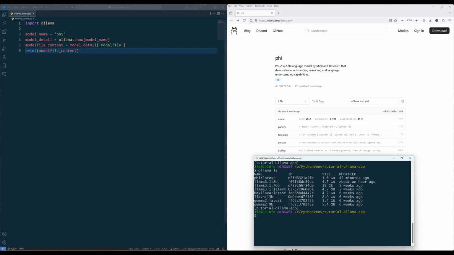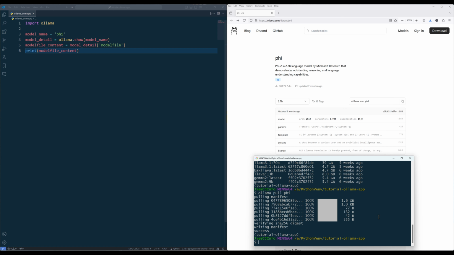Before diving into the tutorial, make sure you have both Ollama and Ollama Python package installed. For the demonstration, I will be using Microsoft's Phi LLM model. If you don't have the model installed, you can download the model by using the command ollama pull. In the Python script here,